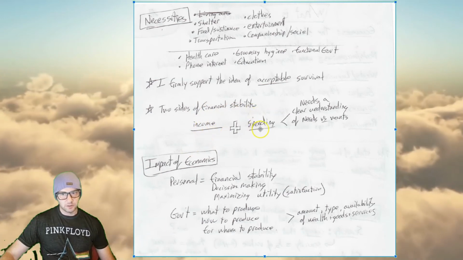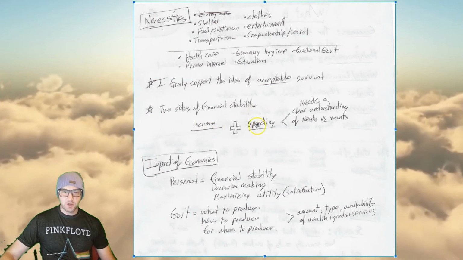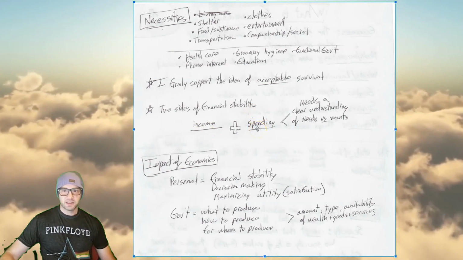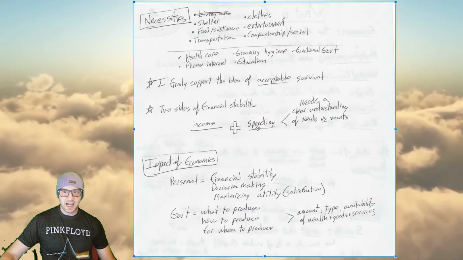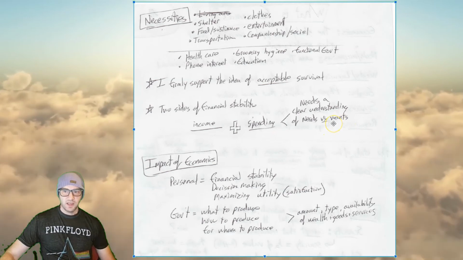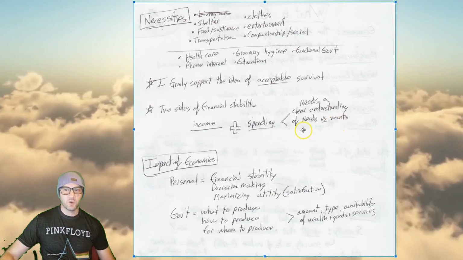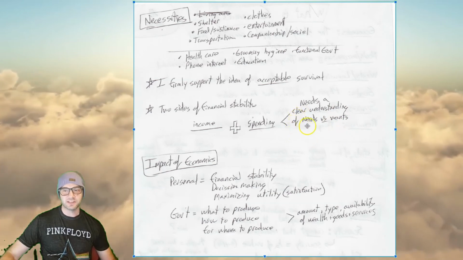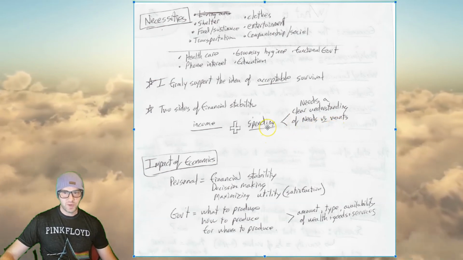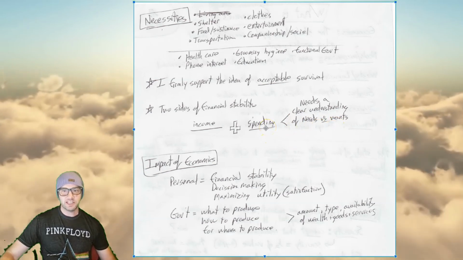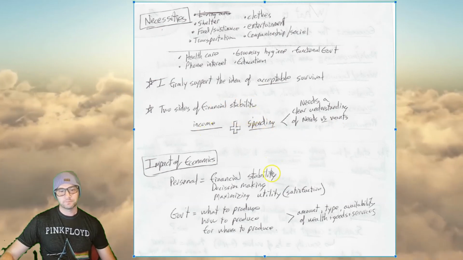Good income, low spending. The problem is people seem unwilling to recognize their necessities and spend on their necessities and not spend on their wants. They spend too much money on wants thinking that they need it. So a clear understanding of necessities versus wants will help you control your spending, which is absolutely necessary if you're going to make the equation of financial stability work.